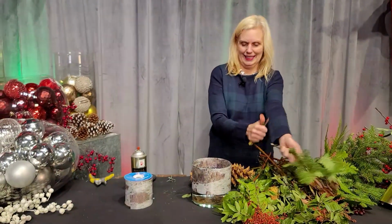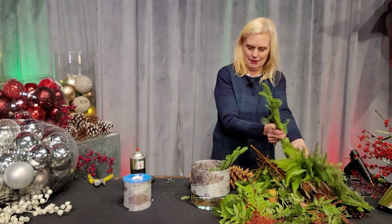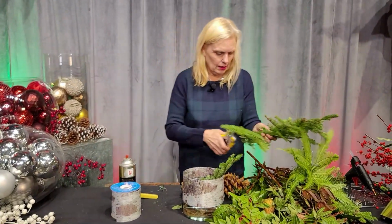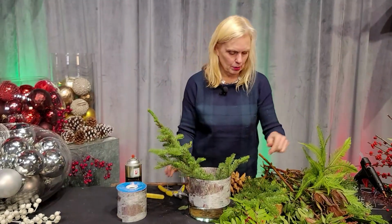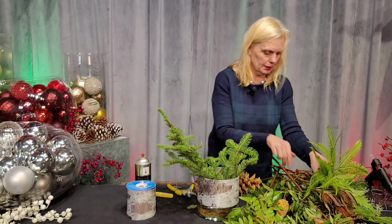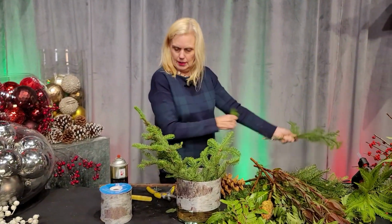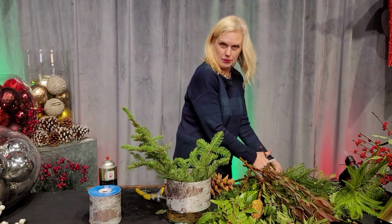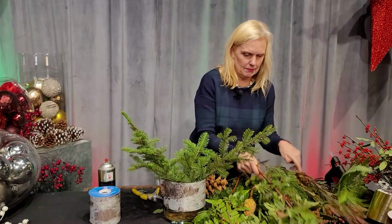So we're gonna go ahead and start putting in the greenery, and like I said, just kind of lay it flat so it won't get too tall and block the views. So I'm gonna go ahead and kind of just put it in, and oh, this is a pretty piece. So these trees came from the Mount Hood National Forest,